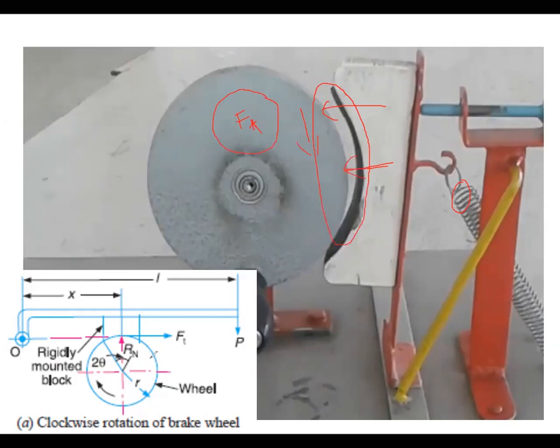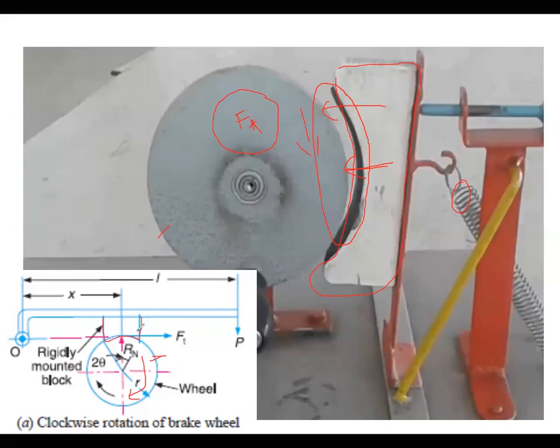Let's come here and see this schematic diagram also. As I told you, whenever the wheel is rotating, the brake shoe will be active. This is the same wheel we are taking here, rotating either clockwise or anti-clockwise. Now I'm considering the clockwise direction, and the total setup is shown here.